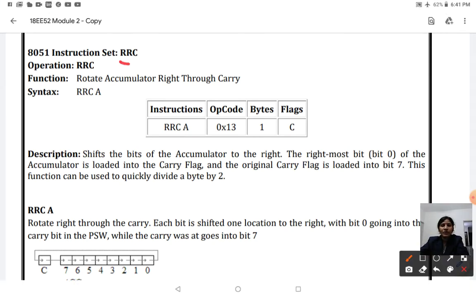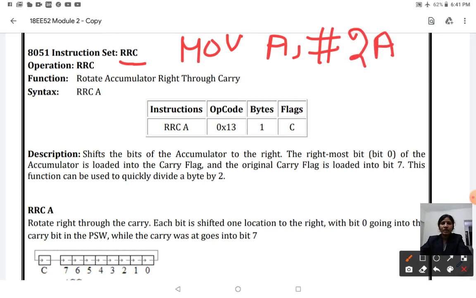RR stands for rotate right, C stands for with carry. This also can be done only with the accumulator. I'll show with one more example, the same example, MOV A, #2AH. This is the data available in your accumulator.